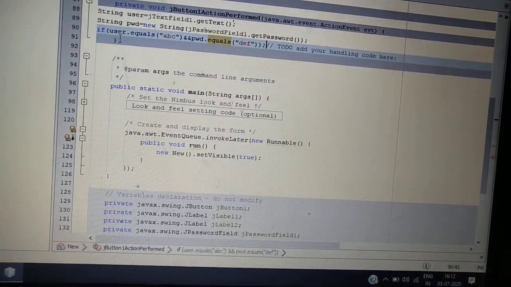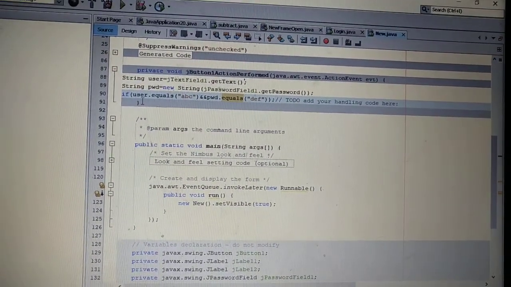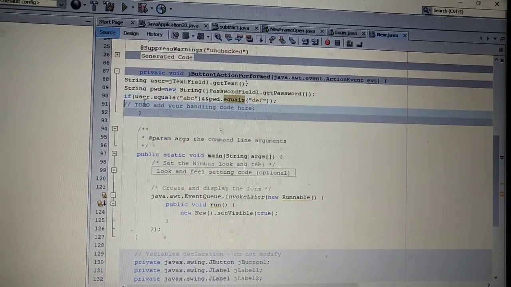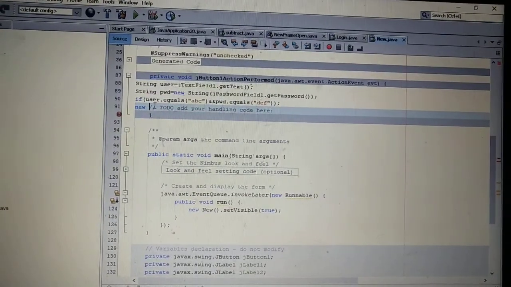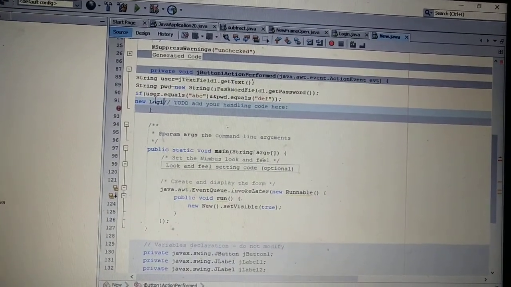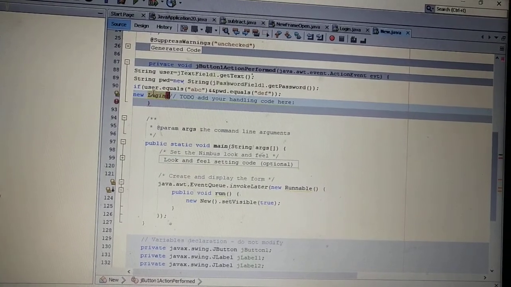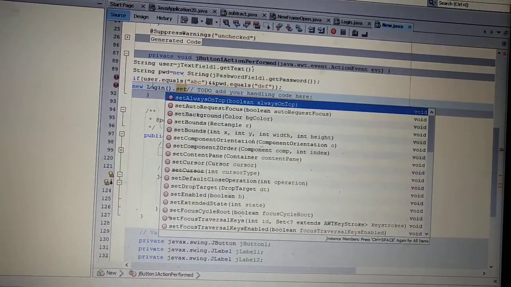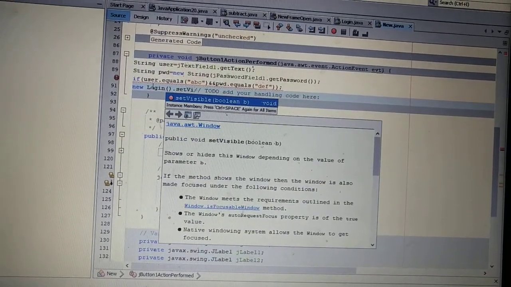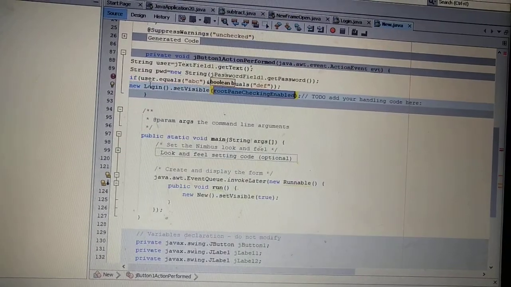and the new frame I am doing the coding in is my login frame, so that should open right now. So I will write here new login dot set visible true.